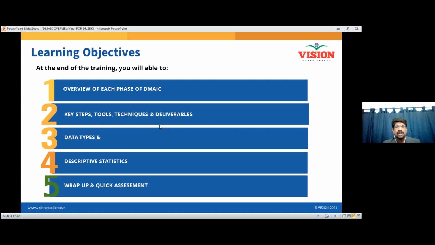So what is going to be the data types which we deal with? Depending upon the type of data,